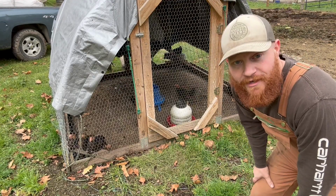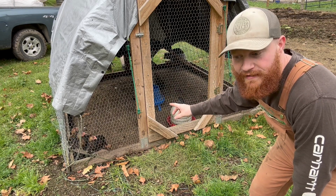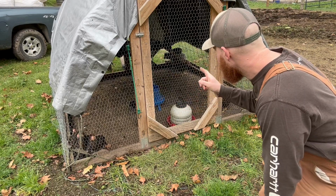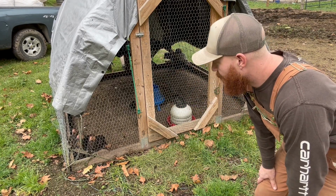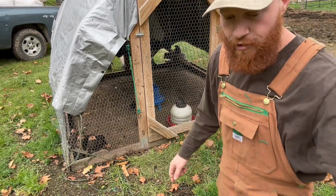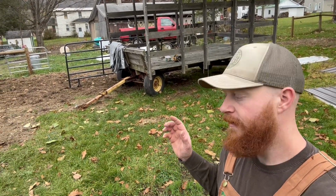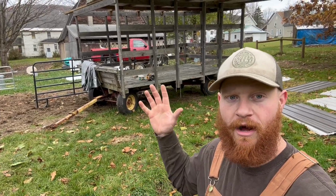All right, so I have not showed these guys yet, I don't think, but I have 20 golden lace Wyandottes, I believe that's how you say it. Unfortunately, a few are roosters because they're straight runs, but yeah, they will be the first animals, the first chickens to go in the coop. And once the coop is done, then I can start getting more chicks, and they will all be in this coop,